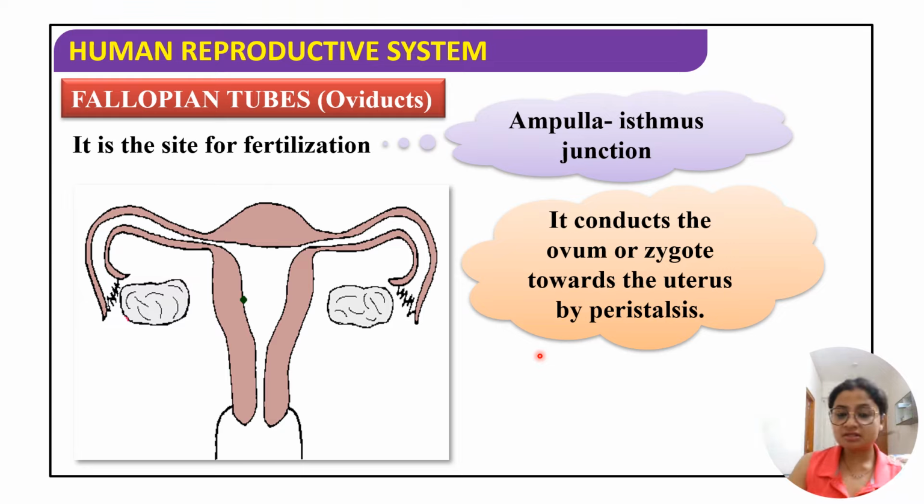So what is peristalsis? Peristalsis is basically muscular movement. So uterus is an organ, so obviously it will be containing muscles of its own, isn't it? So peristalsis के सहारे ये जो ovum है वो आसानी से uterus के तरफ travel करता है, ठीक है? And peristalsis is also a very important movement as far as our GI tract, यानी कि gastrointestinal tract, is concerned. Okay, so वहाँ पे भी